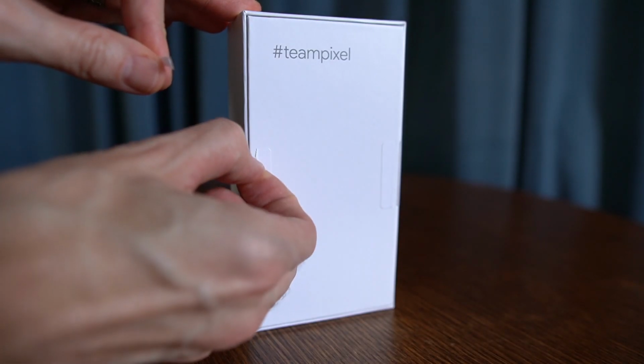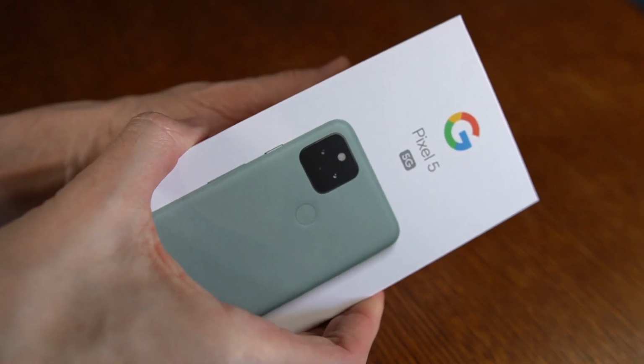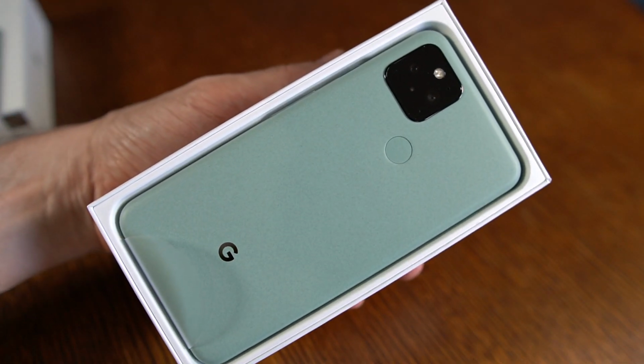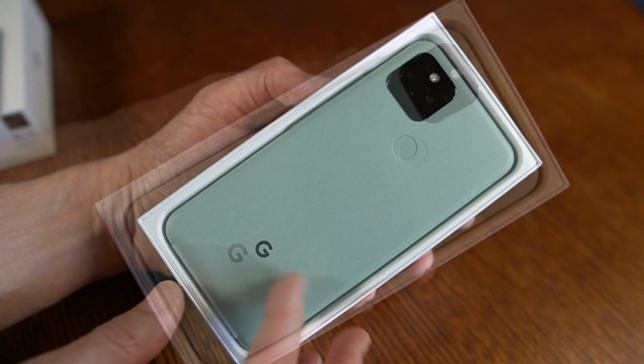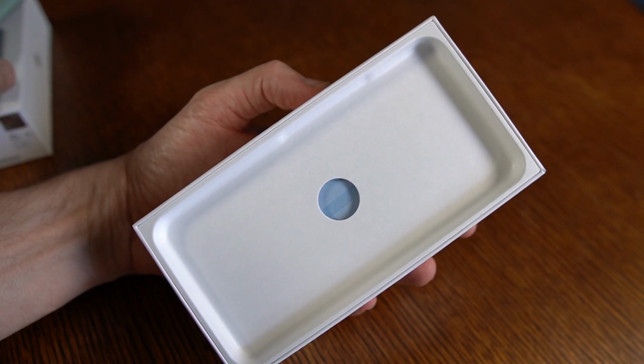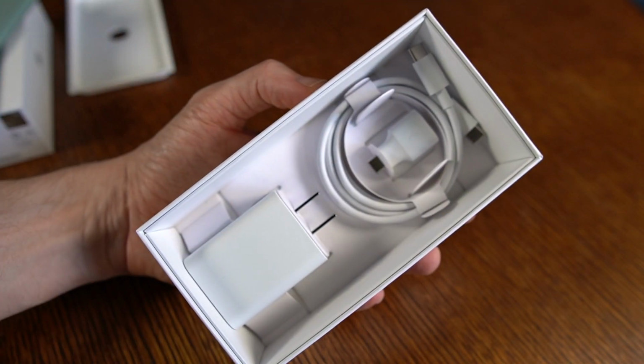But let's go ahead and crack open the box here. We're simply going to pull down those tabs on either side and then lift up and off. And here's the phone itself. We're going to come back to that in just a few moments here. Let's set that aside. Underneath the tray that the phone sits in, we've got the usual pamphlet or documentation, followed